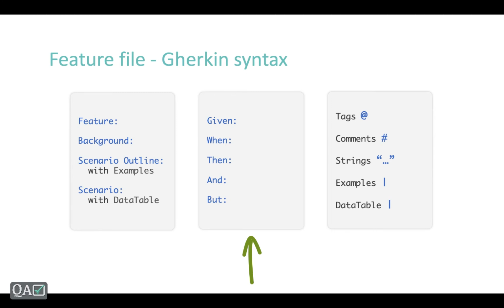Because see here, each scenario, what is it that we are automating? We are validating the scenario, right? That's why Given, When, Then. Okay, now if you see, there are two more things, that is And and But. Now why are we using these? I'll give you a clear picture by an example.